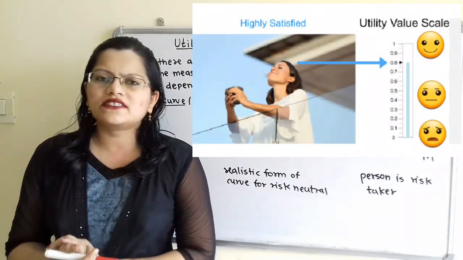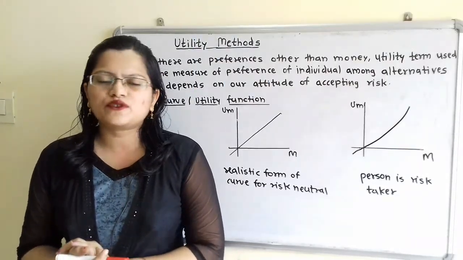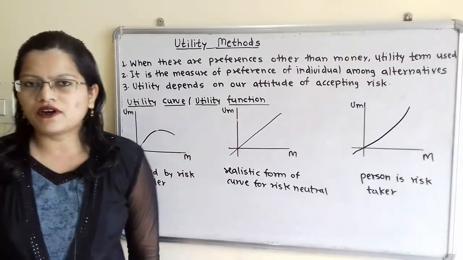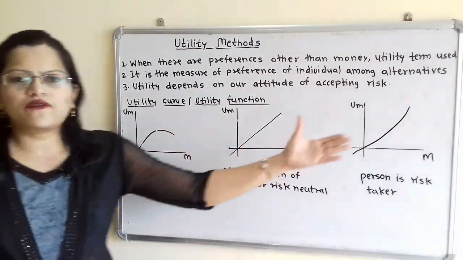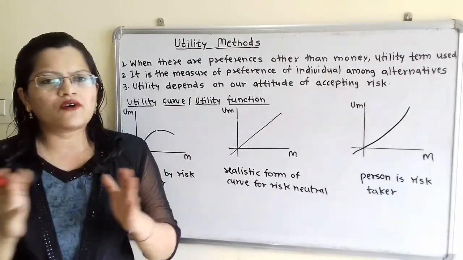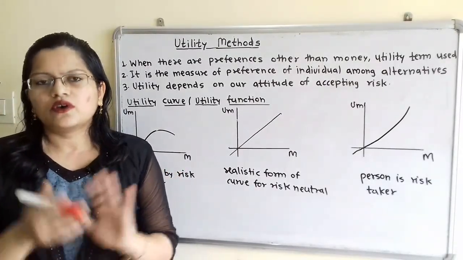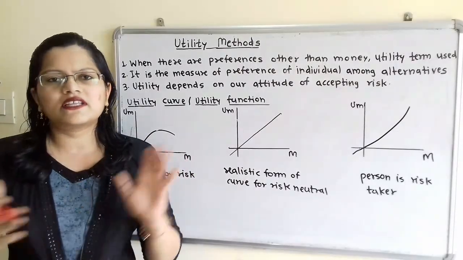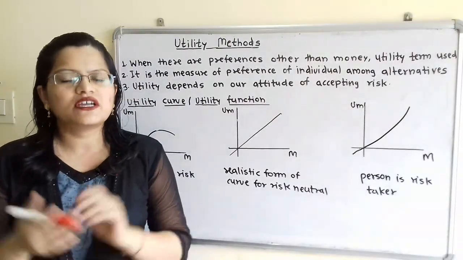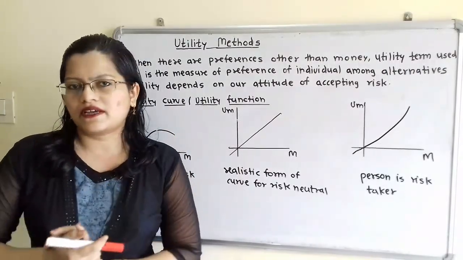Then this utility depends on our attitude of accepting risk. There are three types of curves, and these curves are known as utility curve or utility function. That means there are three types of curves for the three attitudes of a person. So the person is a risk avoider, or the person may be risk neutral, or the person may be a risk taker. So according to the attitude of the person, there are three types of curves, and when we plot this curve for a given question, then only we can decide according to the slope of the curve which type of decision maker